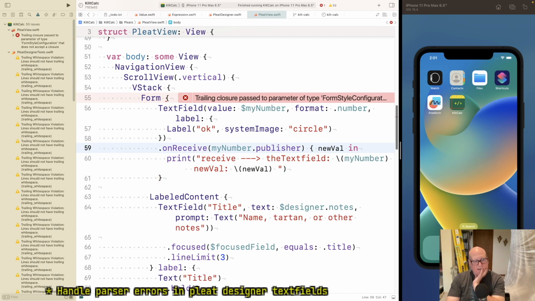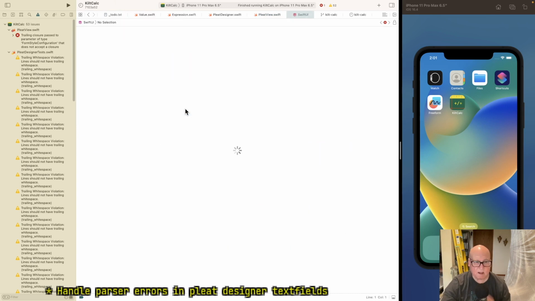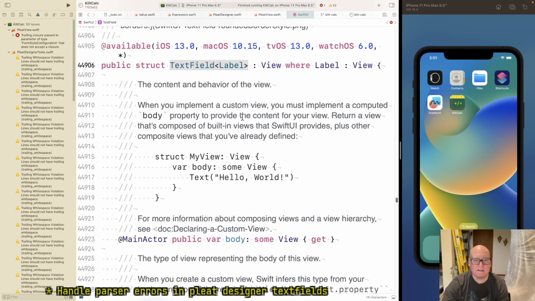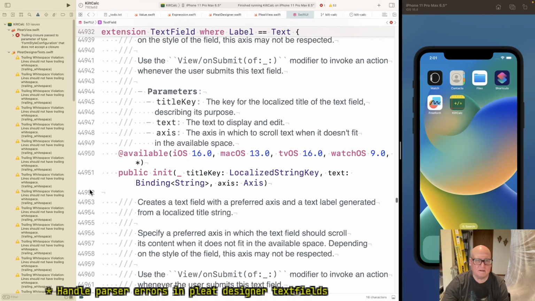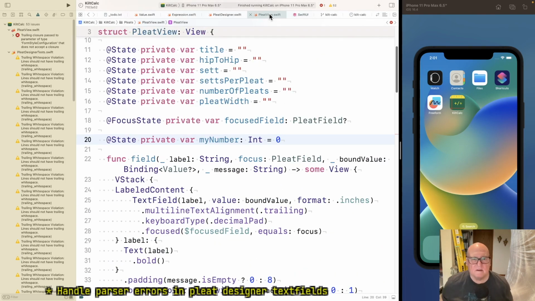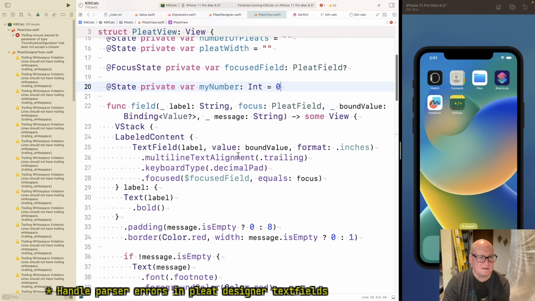So if we take away that, trailing closure passed to argument of form style configuration. Is this thing confused? I mean, we went around a bit trying to get the right version of text field, I will say.